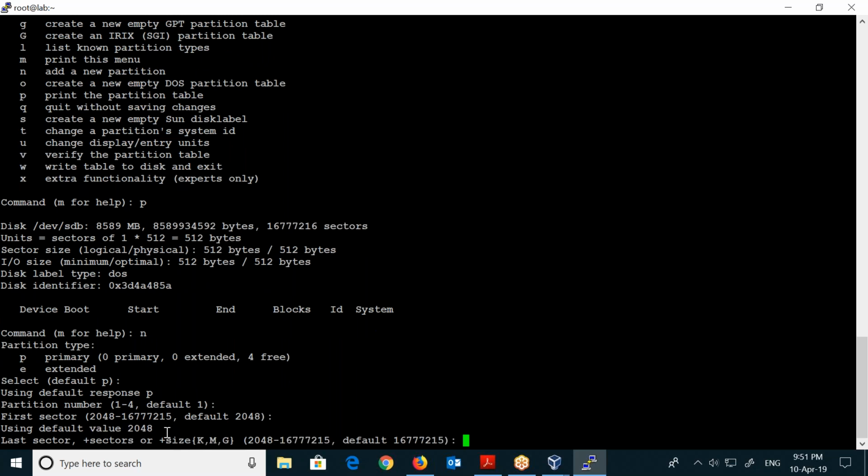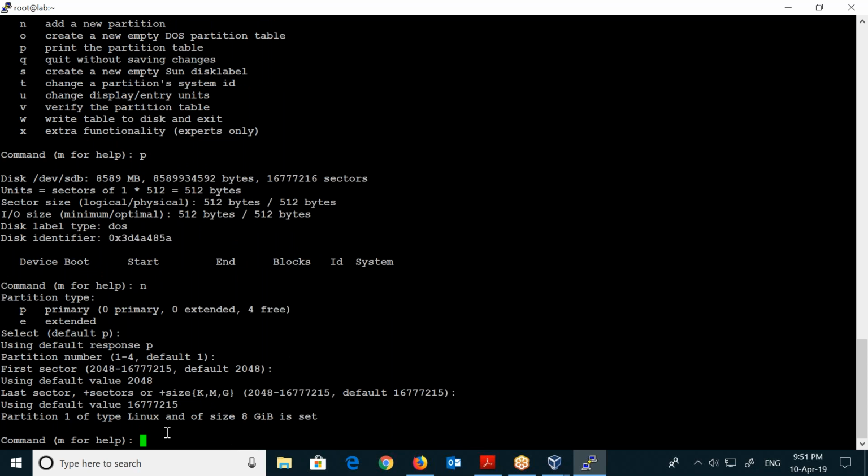So here I can give size like this. I can say plus 8 GB, 8 MB, 8 KB, right? How big you want the disk to be. If you don't give any number, it will create the maximum partition possible. Means the entire disk it will take and create the partition, right? So it's saying 8 GB size is set, right? So I'm saying maximum possible